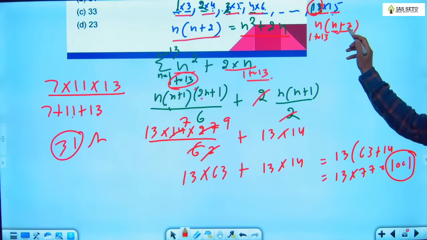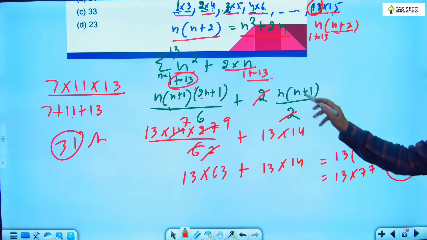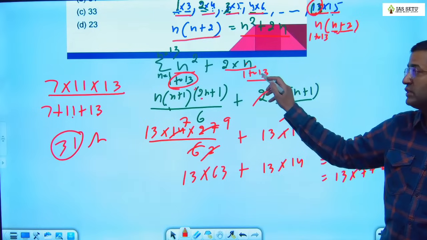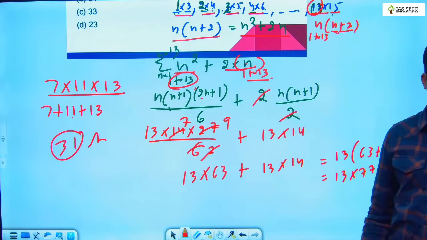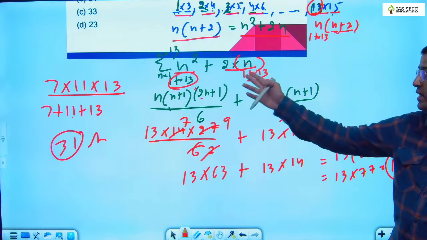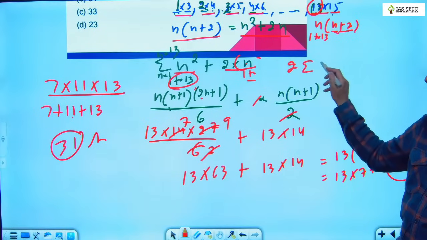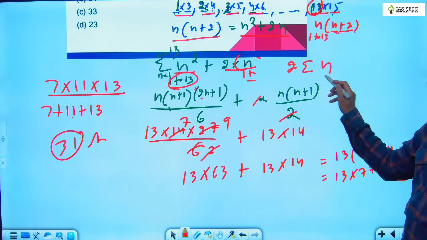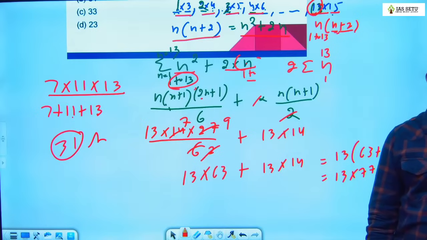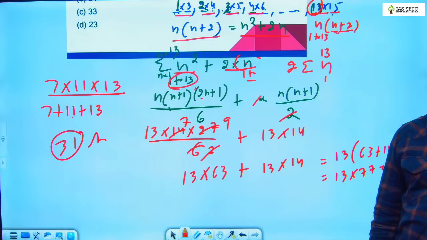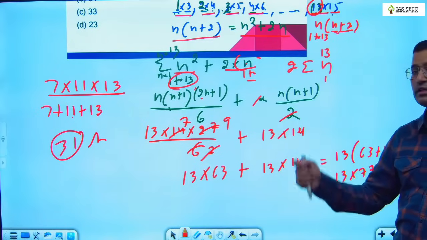ये वाला ये n क्या है? 1 से 13, 2 इंटू n, और n क्या है? 1 से, ये क्या है? 2 इंटू समेशन ऑफ n, वेयर n चेंजेस फ्रॉम 1 to 13। n की वैल्यू 1 से 13 तक चेंज हो रही है, तो ये वैल्यू पुट करके आ जाएगा।